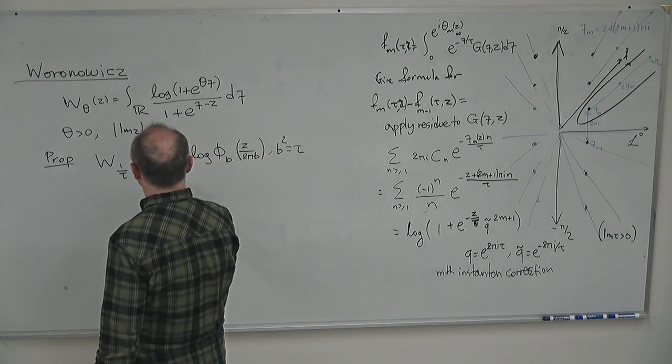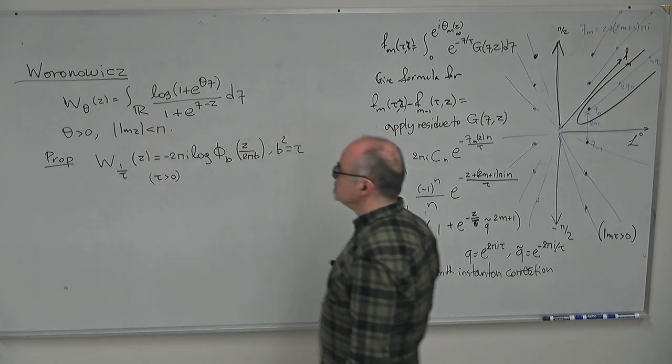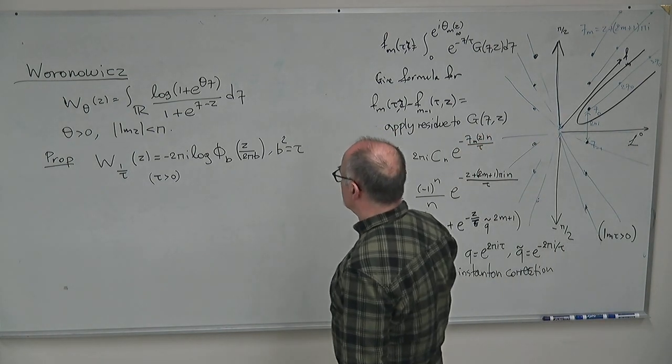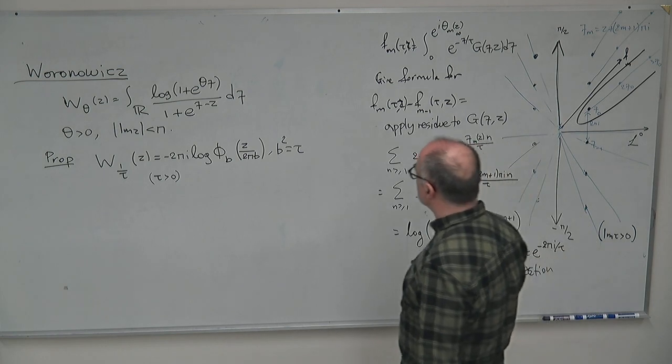Okay, and here tau is, let's say, positive. So this is one proposition that was implicit in Woronowicz's work,